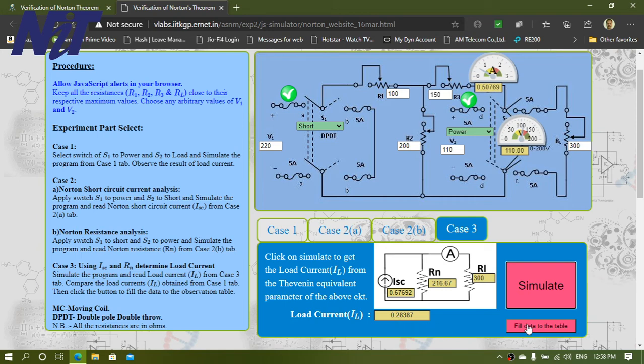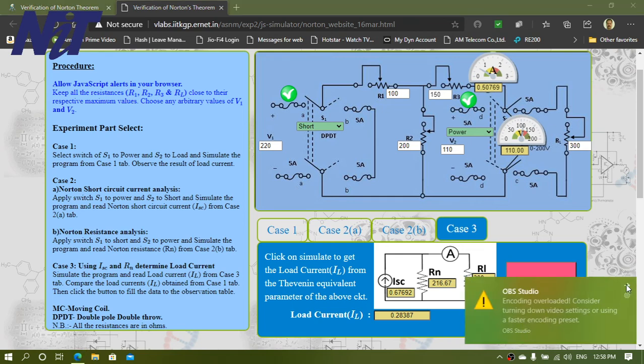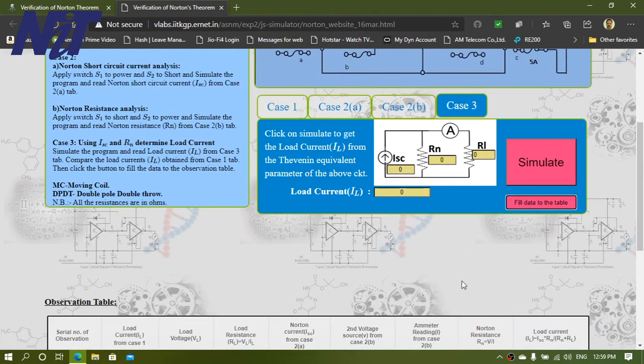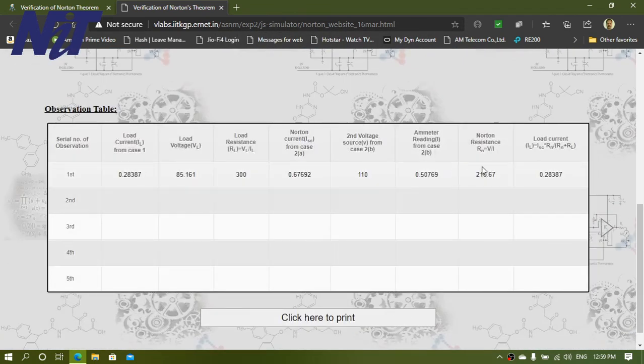And now you should click on this tab to import all these values into your table. It says already calculated. So you will find the case 1 scenario, the load voltage, this is your load resistance, and the Norton short circuit current.